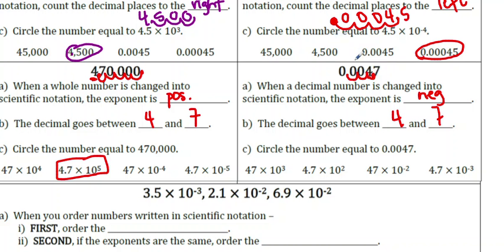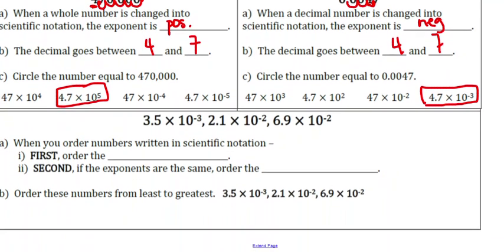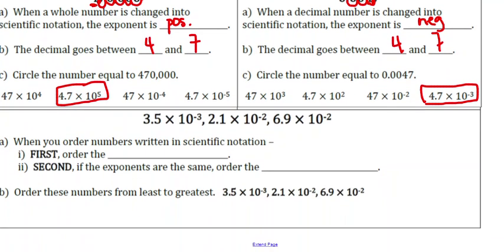So that means I had to move 3 spaces, and since this is a decimal number, I'm going to have 4.7 times 10 to the negative 3rd, because it is a small number, so my exponent will be negative. All right, make sure you do some practice problems with this. Okay, so next it says,